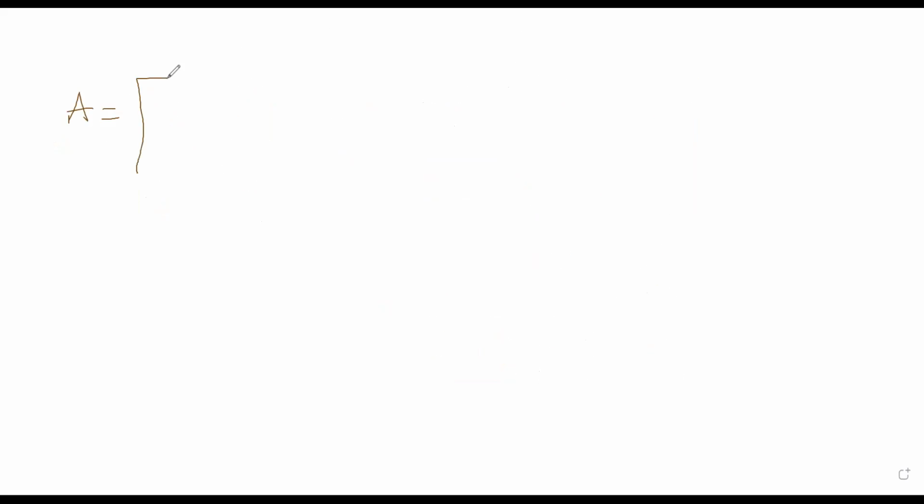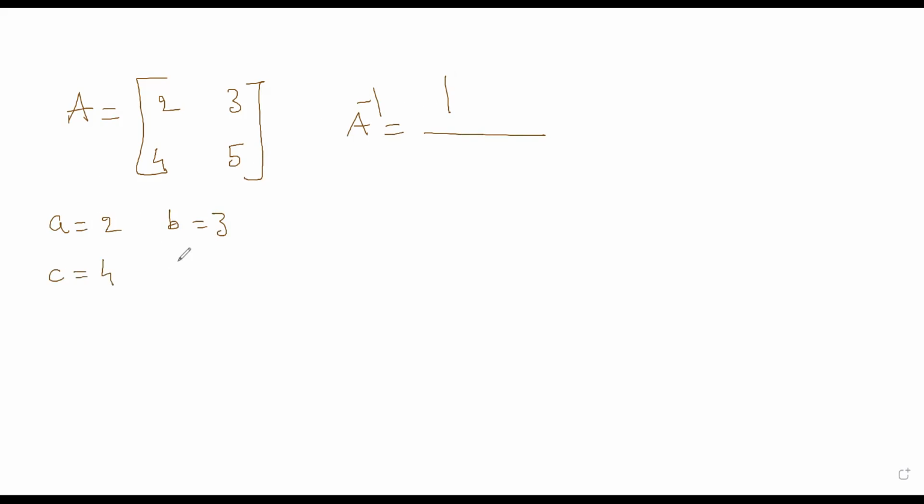Now let's solve this problem. A is equal to 2, 3, 4, 5. We will take this matrix and find its inverse. A inverse I have to find. Give the values of A, B, C, D: A is equal to 2, B is equal to 3, C is equal to 4, D is equal to 5. Find AD minus BC. AD is 10